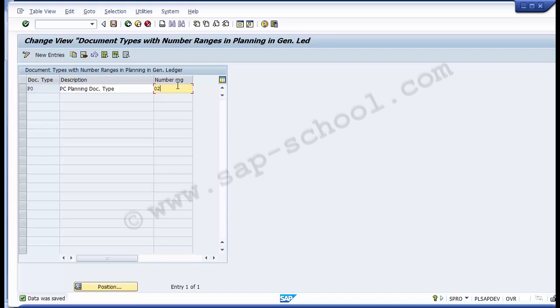So this is the document type which determines the document number which is generated with the profit center planning, and it is used for plan assessments and distributions as well. So once you have defined the document type in the system and you have also taken the number range as 02,